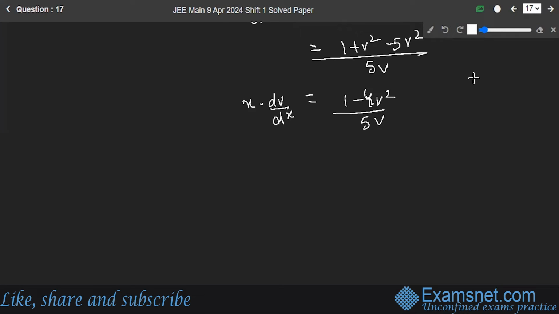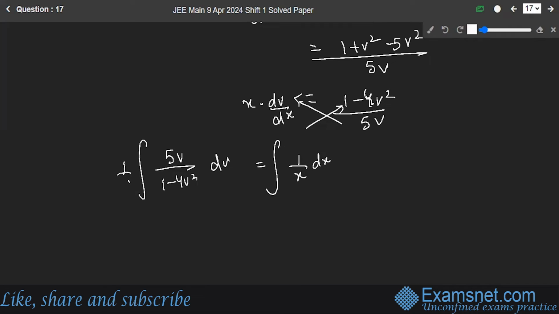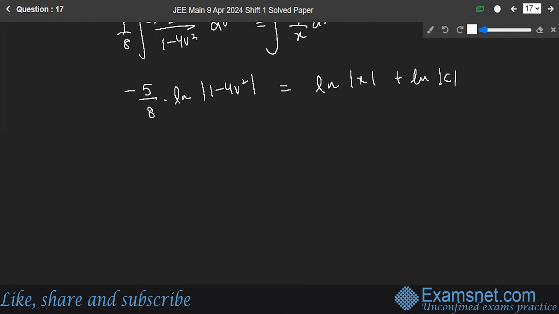Let's take the v terms and the x terms separately. So you will have 5v upon (1 minus 4v squared) dv is equal to 1 by x dx. Integrating both sides, and also multiplying the numerator and the denominator by 8 on the LHS, here you will get minus 5 by 8 into log of (1 minus 4v squared) is equal to this. And let's put in the value of v. This is equal to minus 5 by 8 log of (1 minus 4 into y squared